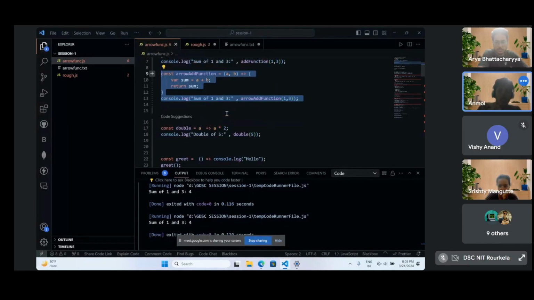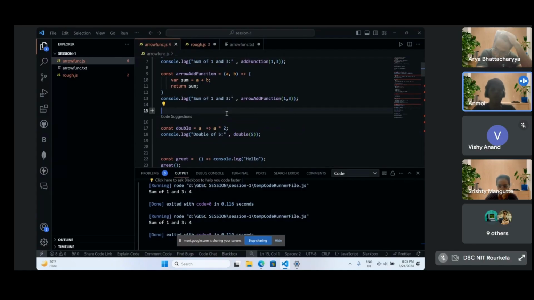This is 4. Now arrow function is a very important way of writing, because it not only makes it easier to understand the code, but also is very beneficial if you are working on backend and frontend projects. We regularly use this type of concept.